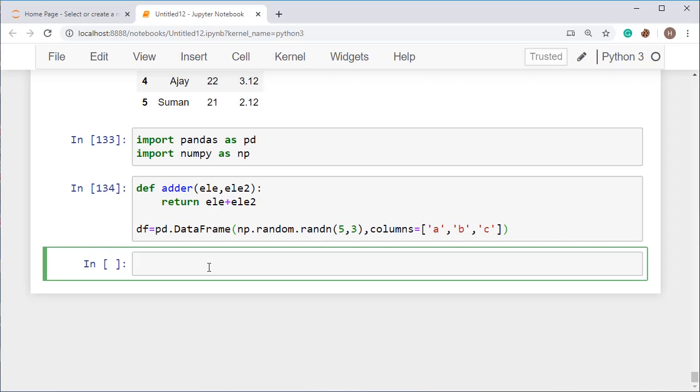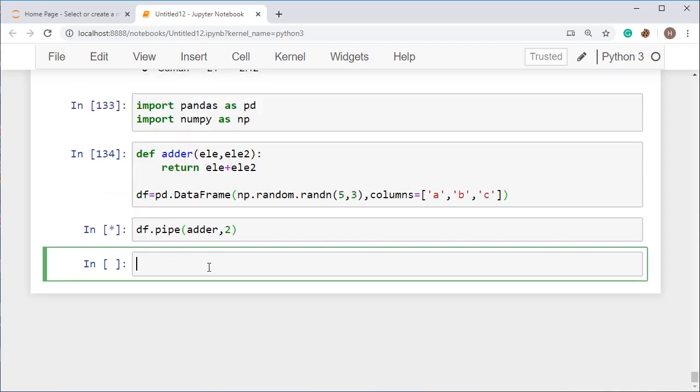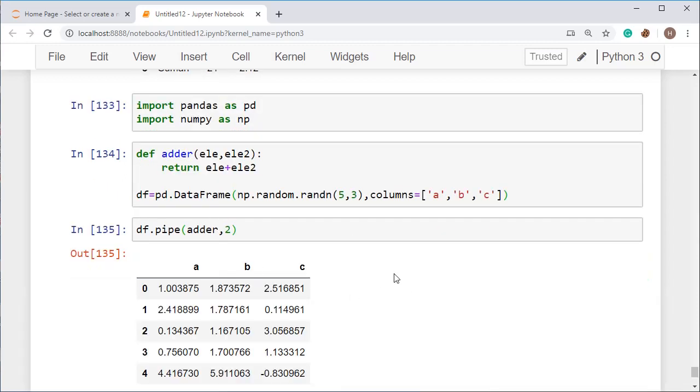Okay, now I'm going to apply the adder function on the data frame. For that I'm going to use the pipe method. So what we have to use is df.pipe, and just call the function adder and then pass the index. Okay, so this will give you a value like this.